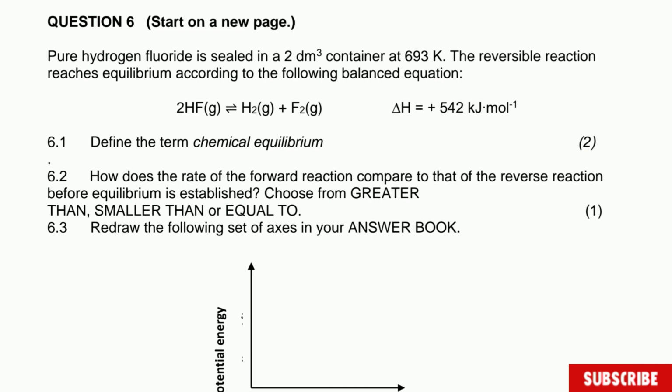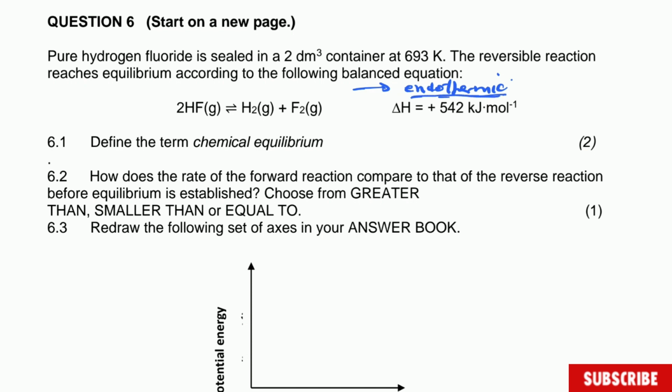You have this balanced equation and they are telling you that delta H is positive 542 kilojoules. It means if it's positive, that is already telling you that the reaction is going to be endothermic. Okay, so let's write that one here. But that reaction is the forward reaction. So the forward reaction, I'm going to do it with an arrow, is endothermic. Remember, for equilibrium, you need to know this one, because if it's endothermic, an increase in temperature will favor that